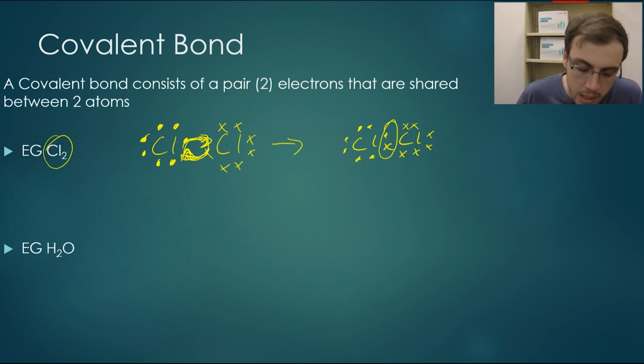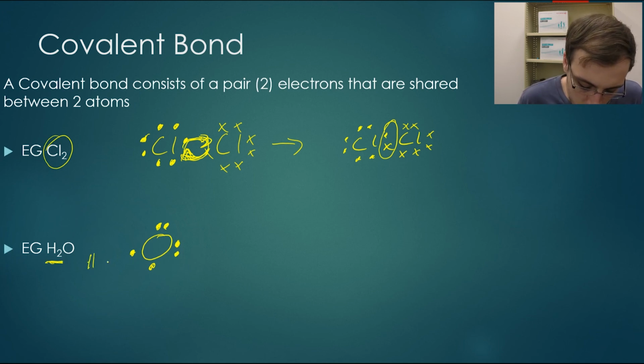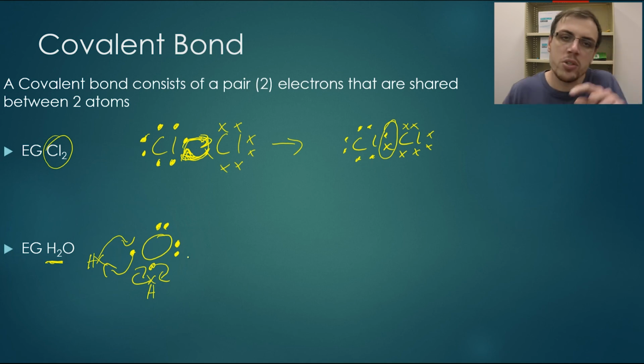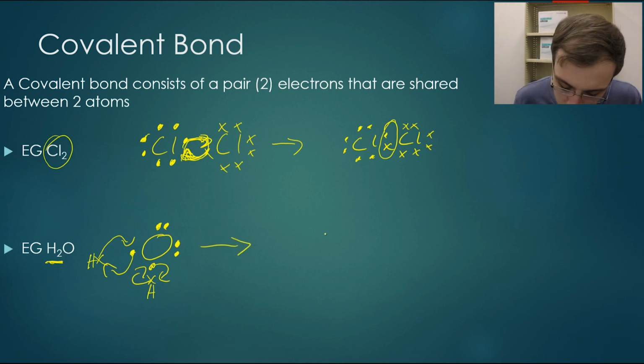Now again, another example is H2O. Now, as we look at water, so we have our oxygen, and we've got our 2 hydrogens. This is where they want to share. They will form this relationship where they'll just pass those 2 electrons backwards and forwards, which will look like that,